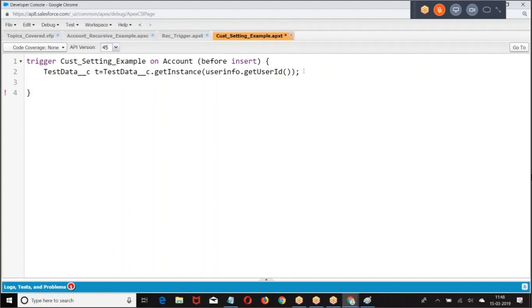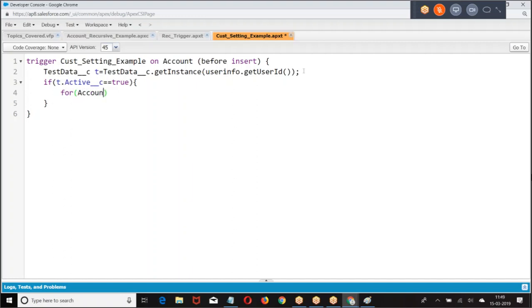The user who logged in right now, get me the instance for that user. Then I wrote if t.active equal to true. If the value of the active field is true, which is true for everyone except for Satish, then I want to run the logic.